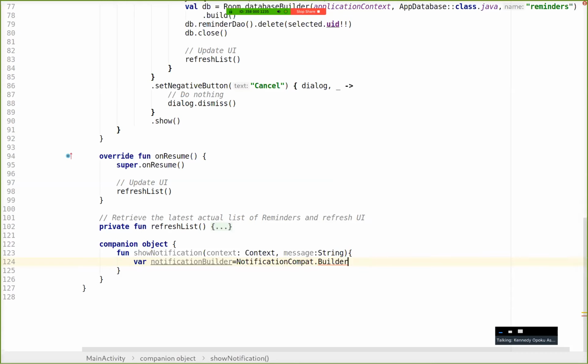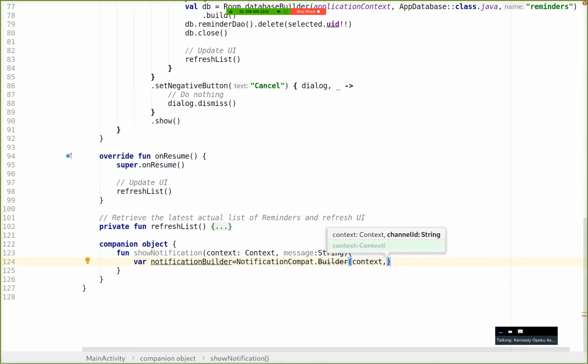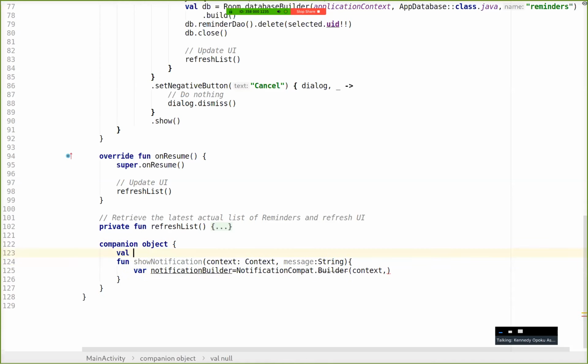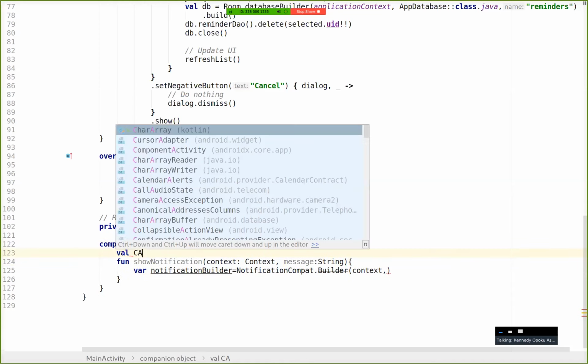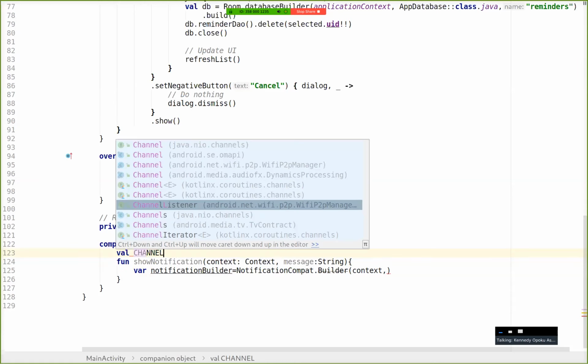So the notification compat builder, I pass a context and a string, which is a notification channel, right? So the context is what the function is passing to me here. So I just put in that context. And then I have to declare a notification channel. So I declare a value, which is channel ID. So I just type a channel ID, which is a,